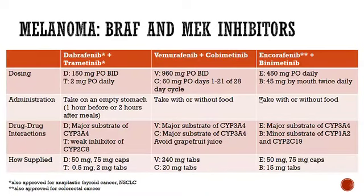The first one I'm actually going to focus on is the first agent that came to the market, vemurafenib, and that was our first BRAF inhibitor that we used in melanoma. It did not have its partner, the MEK inhibitor, cobimetinib, until years later. So what happened was vemurafenib was approved, and it's not the best tolerated drug, but then it was compared to dabrafenib and trametinib, and that is still kind of our gold standard that we use, and it has different